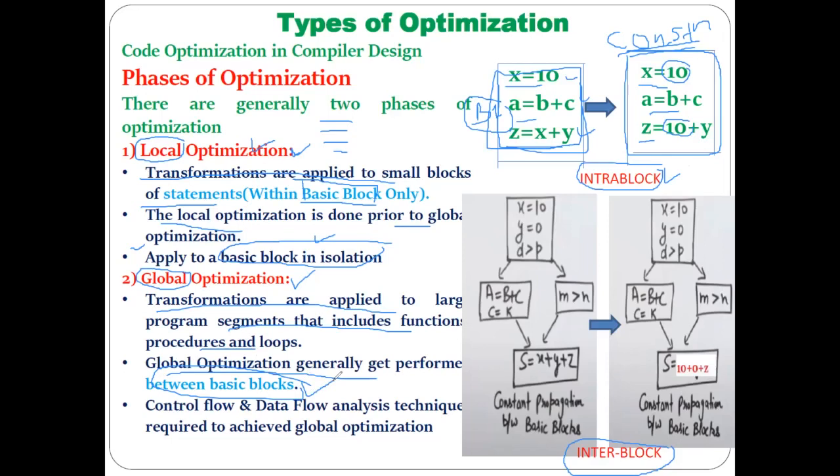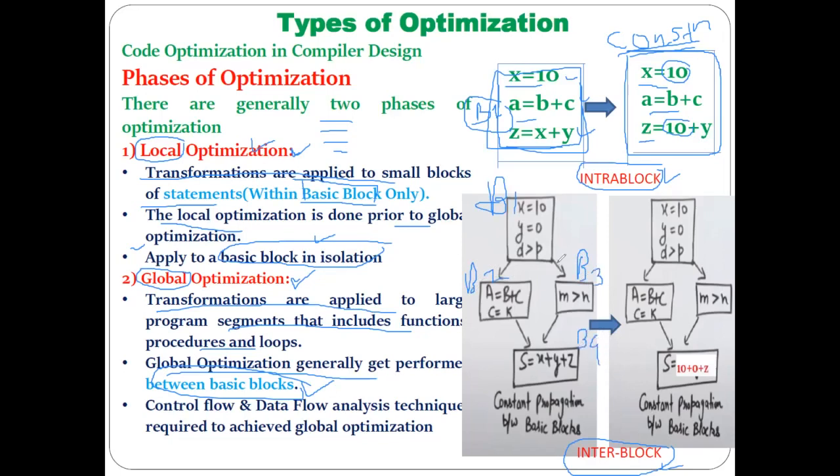It means that when we are doing the optimization, if you have to interact or communicate with another basic block to perform the optimization, then that is considered an inter block code optimization. That is called global optimization. Now let's take an example. For example, there are four basic blocks, as you can see: basic block 1, basic block 2, basic block 3, and this is basic block 4.